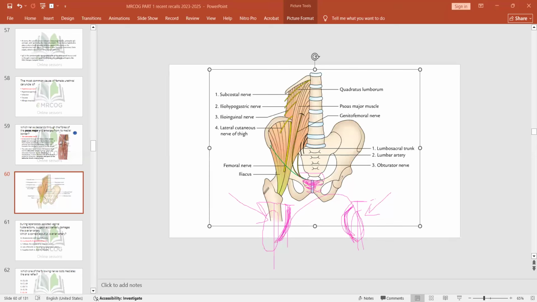Yes. Do you know that ilioinguinal and iliohypogastric, when they come down, they are superficial mainly, and they are injured during a step in the cesarean section, that when it's done incorrectly, you are going to injure the ilioinguinal and iliohypogastric. This is mainly when you do a Pfannenstiel incision.